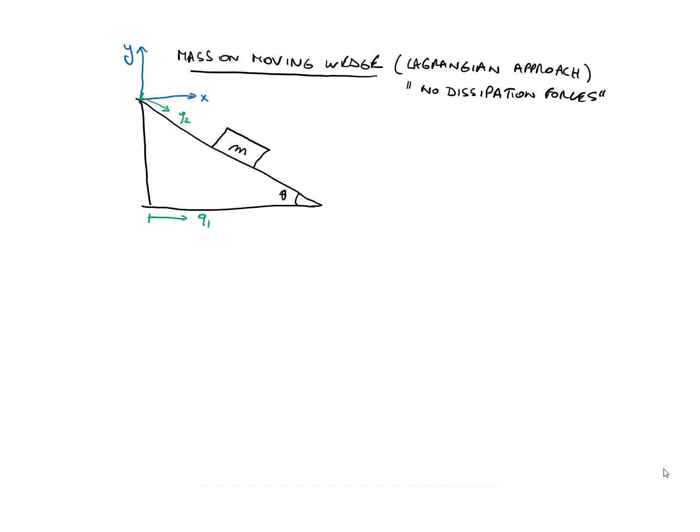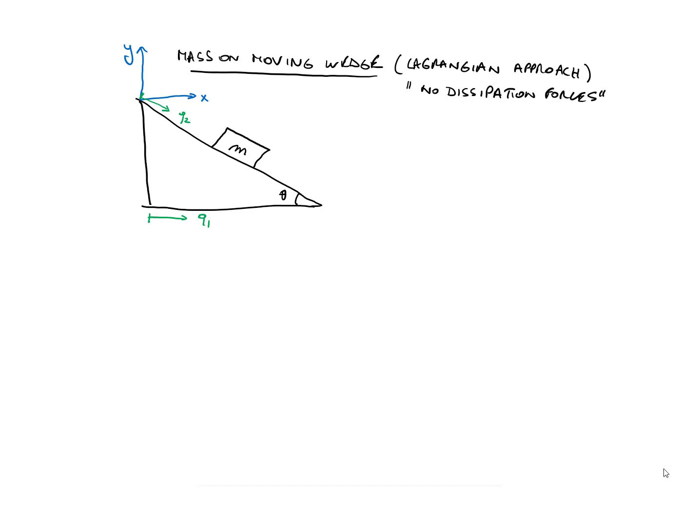Okay, remember our mass on moving wedge problem? We have already solved it using the Newton approach, and this time we'll be using the Lagrangian approach, right? And we assume, as before, that there are no dissipation forces. So the wedge can move and the little mass m can move, so we have two